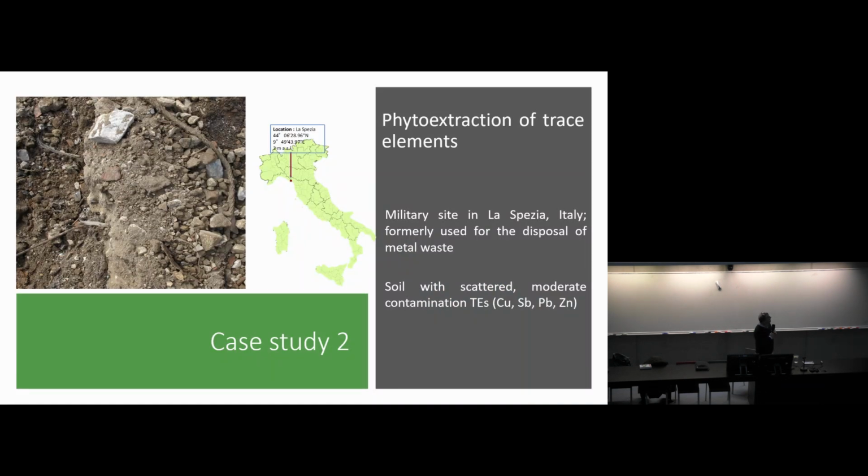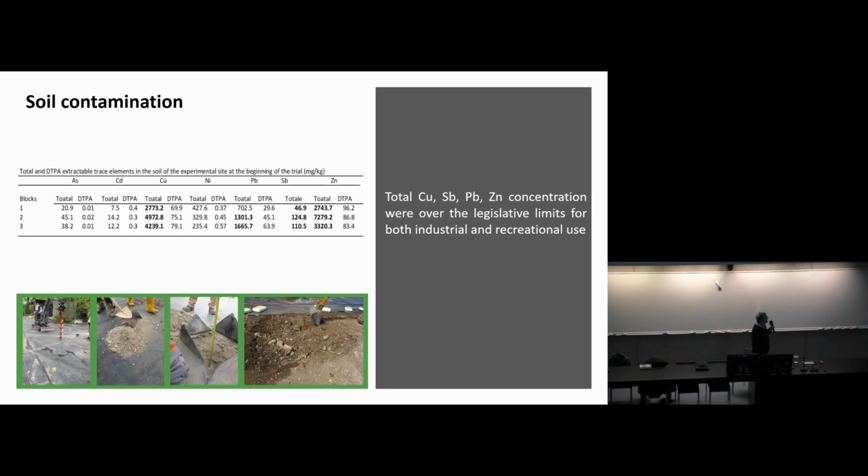Second case study, again, here it's another military site here in the north, next to Genova, this is in La Spezia. Another military site, in this case, contamination is slightly different, because we also have antimony with copper and lead and zinc. Here we also had some physical barrier and constraints, because the polluted area was protected by a plastic layer, which was there because previously the area was closed up and was not accessible, and we had this kind of heavy thick layer of plastic,